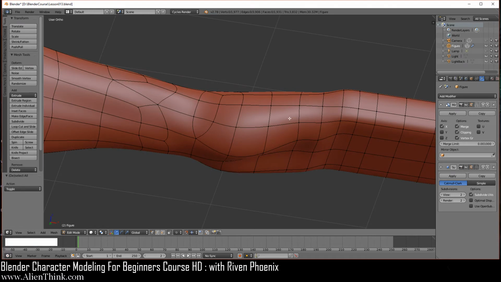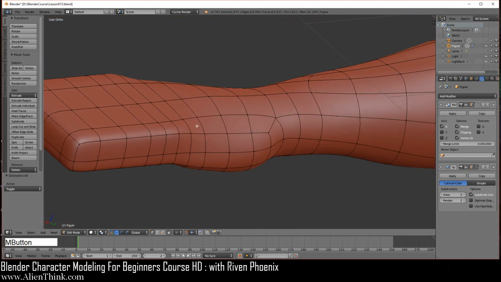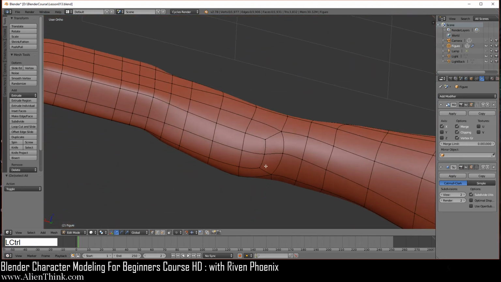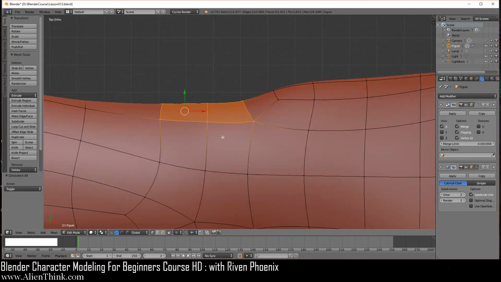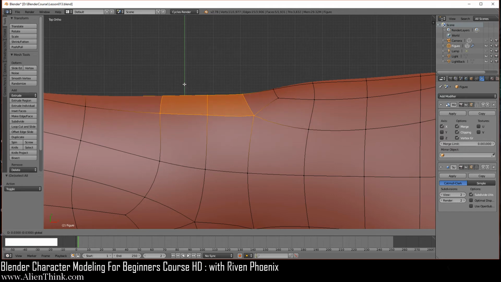Okay, we'll come back to this area in a second, because what we need to do is actually go over here, do Control 1, and we're going to go ahead and select on this vertex, shift key down this one, this, and this. And we're also going to select these, but we're going to deselect them in a bit. Go to the front view by pressing 7. We have to bring this out 1, 2, 3, and then 4.